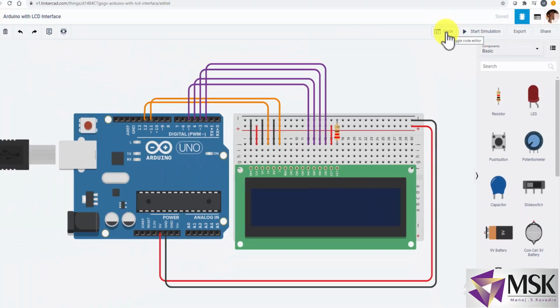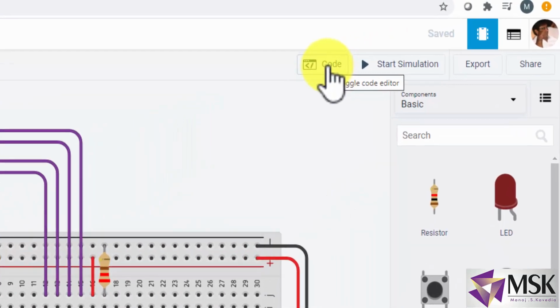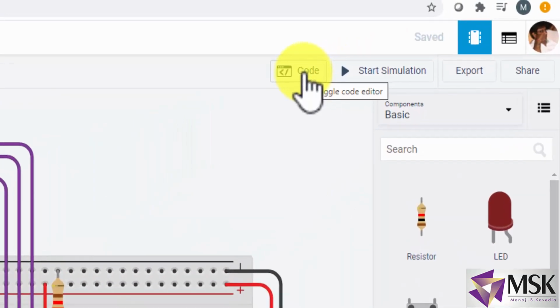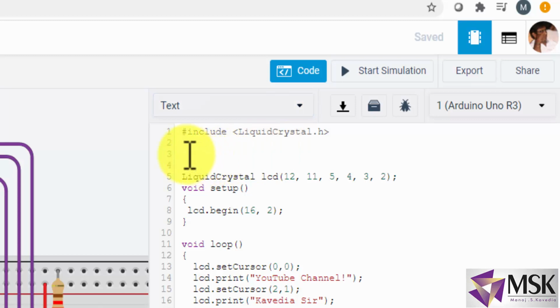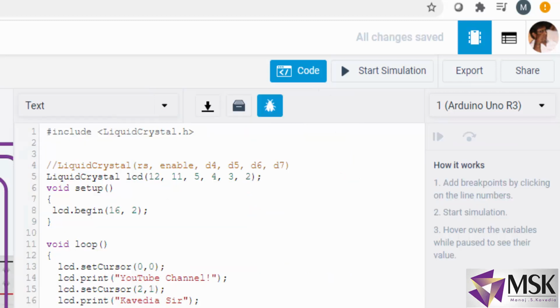Now let's see the code. Now this time I'm explaining the code of LCD. I'm not writing any block codes, I'm writing the textual code. So let's see. Now here I'm using a library called liquidcrystal.h. Now this library has all the functions of LCD. Fine.